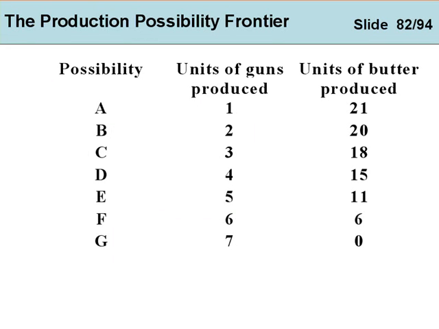So possibility A, for example, would be to have one gun, or one set of armaments, and 21 units of consumer goods, in which case the population would have a lot to eat and drink and good lives, but they'd have few armaments, and they would lose the war. If you have combination B, you have slightly more guns, but you've got to give up some of the consumer goods. Combination C, you've got 3 units of armaments, so many ships, so many tanks, and so on, and 18 units of consumer goods, 18 units of butter.